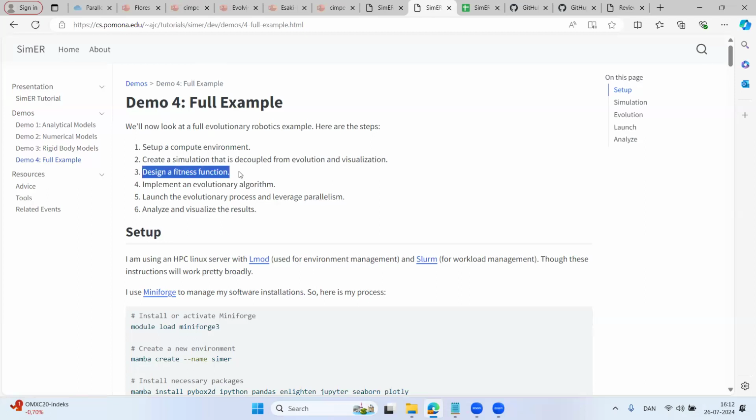How do you design a fitness function? Actually, I should probably rename that part. How do you not design a fitness function? Because I basically did exactly what we just talked about here: I thought about these different objectives and added them up. That's actually a really bad way to do this. And I have a pointer to a better way to do it.